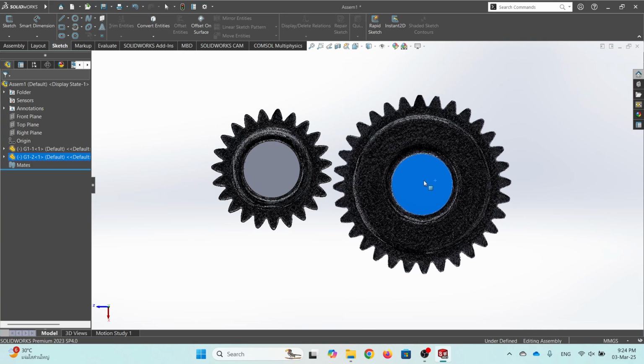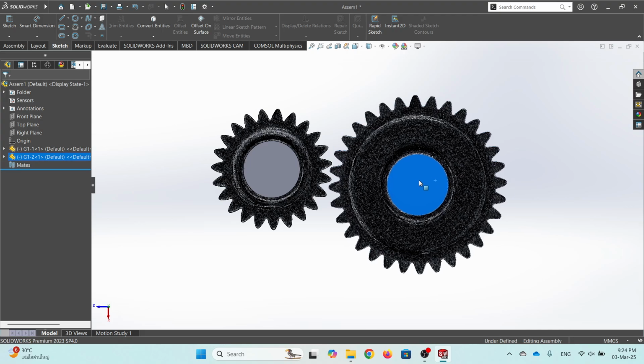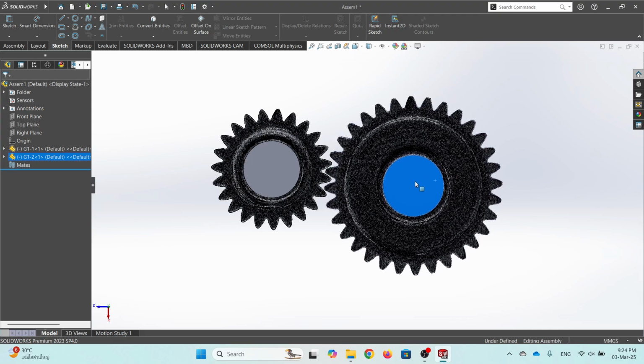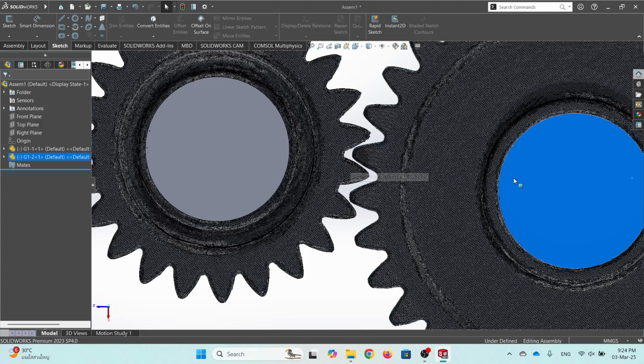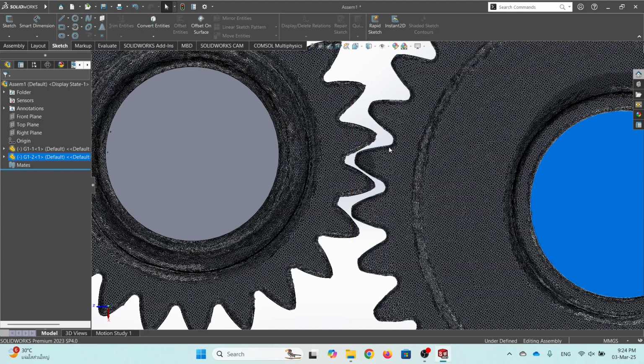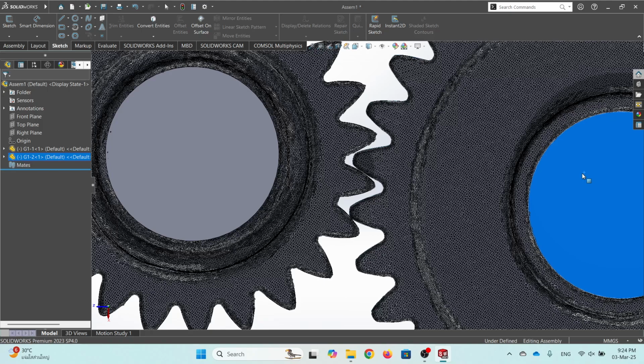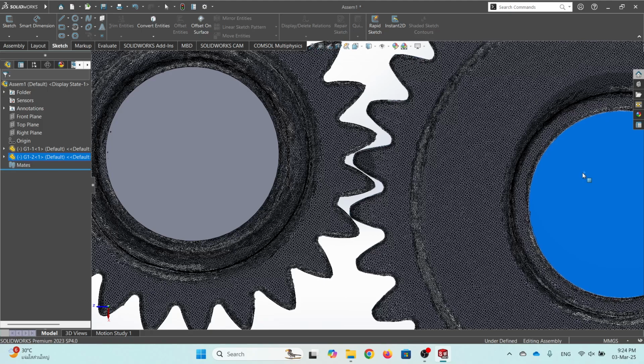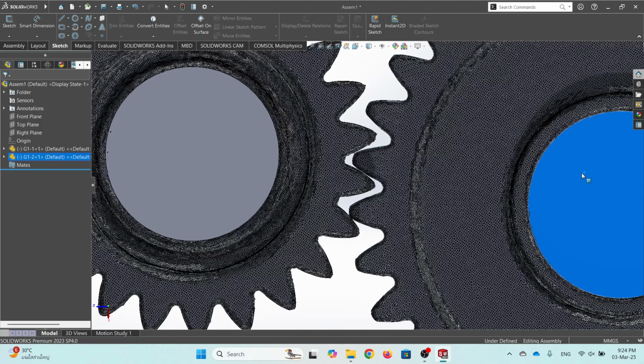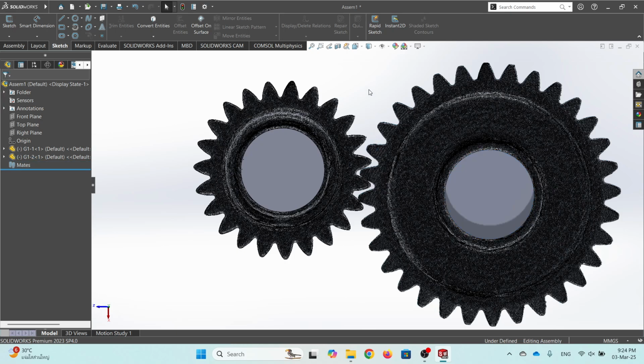And since this subject is not all about machine design, it is all about for you to experience 3D scanning and 3D printing. This one you can just visualize by your eyes, whether it's perfectly aligned. Okay, so make sure it is not too tight, otherwise you will not be able to assemble it. Make sure you have just the right space between the two gears, and then you just zoom out,